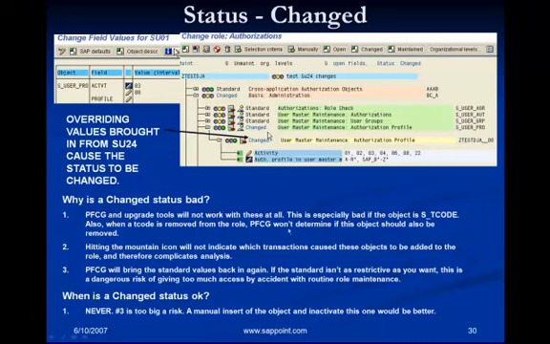Also, when a T-code is removed from the role, PFCG won't determine if this object should also be removed. So if you make a change, what it means is that if I remove SU01 from this role now, the system will not know whether to remove this object or not.